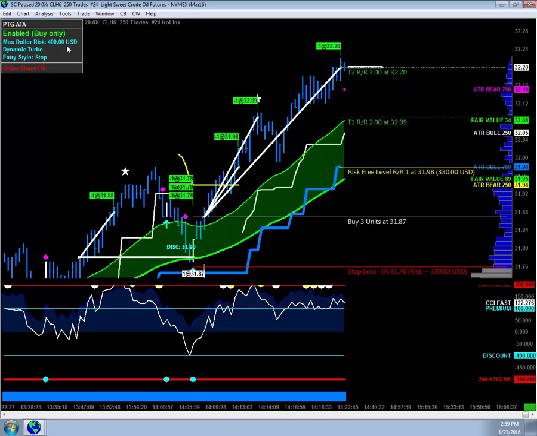We had a max dollar risk in this example of 400, but that is user definable. And this is a turbo style trade, and this entry style itself is a buy or sell stop. So in this particular case, we're using a buy stop for entry. All right, and then once it's executed, we just let the trade unfold, and it works very well in momentum